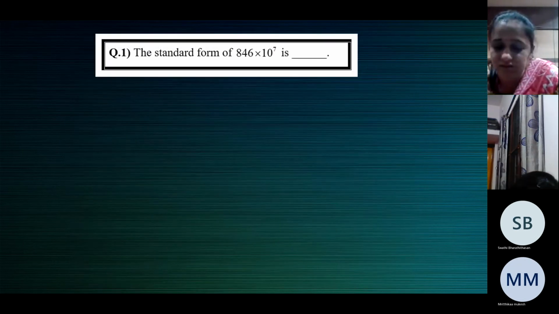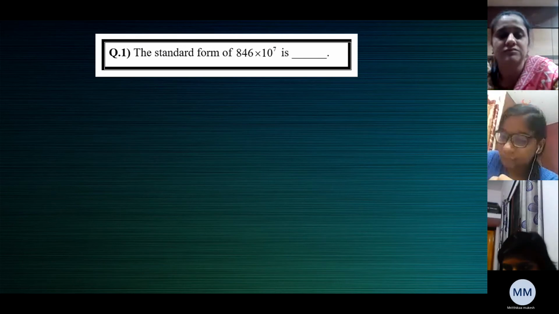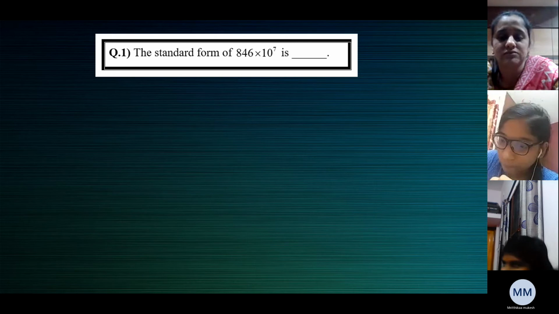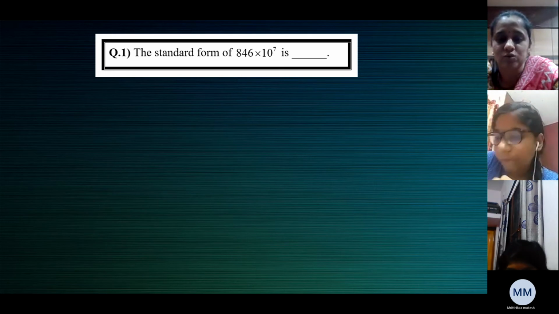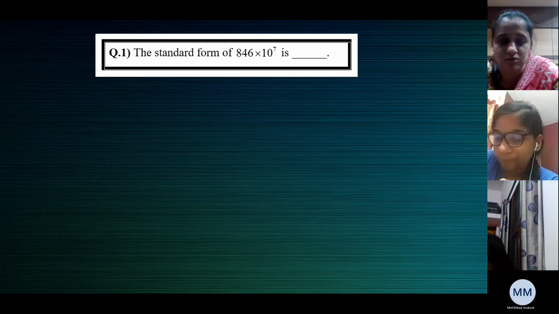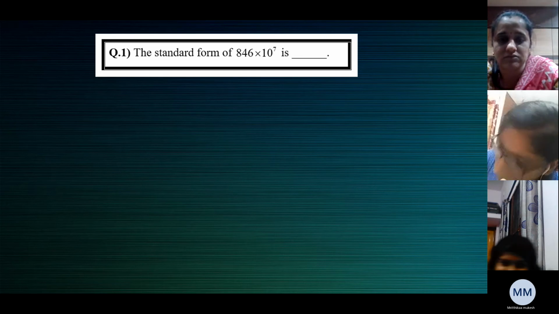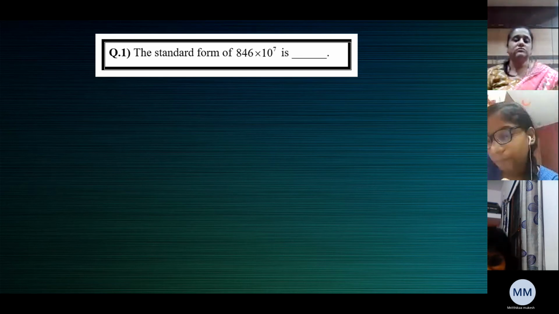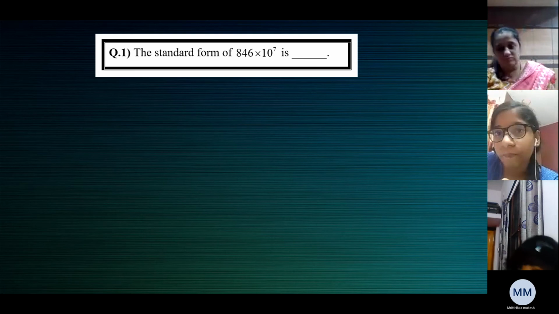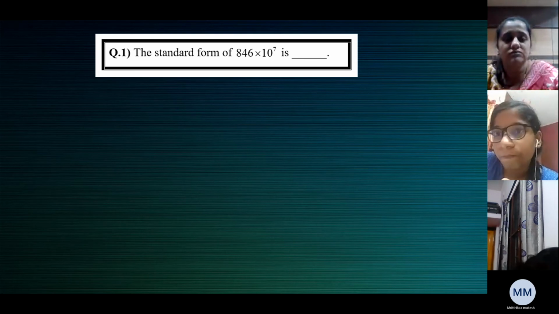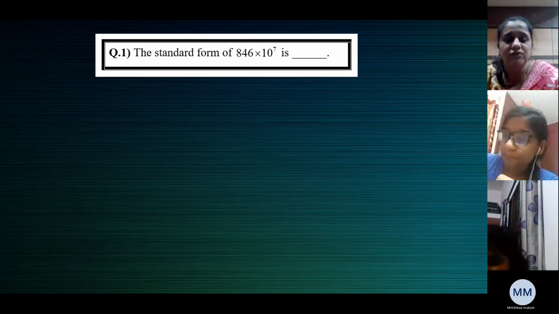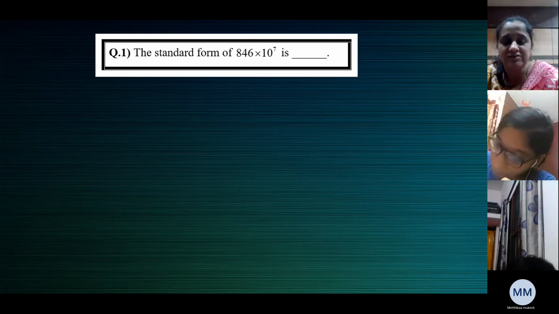We are done with exponents, as I told you in the last class. We're done with exponents in detail. Please practice whatever you have in your tuition classwork notebook. The standard form of 846 into 10 to the power 7 is